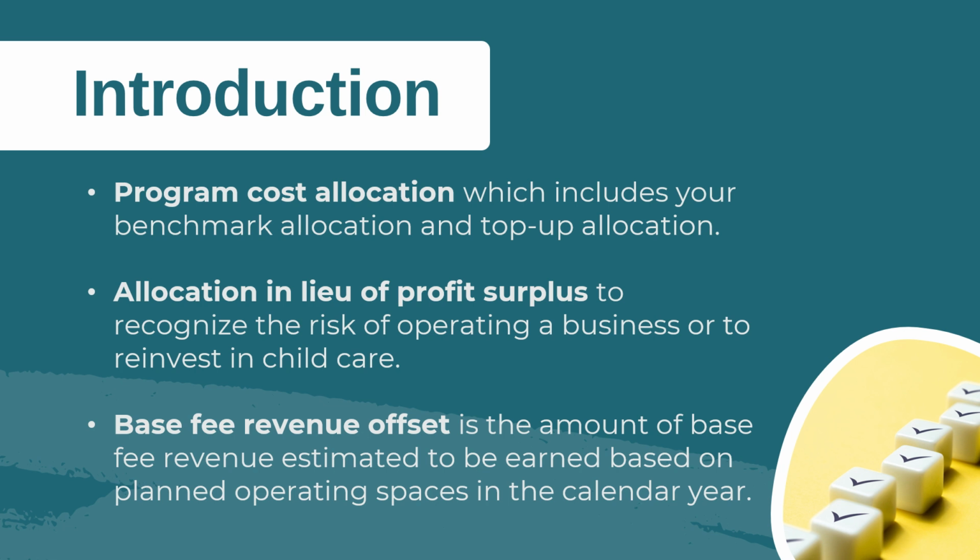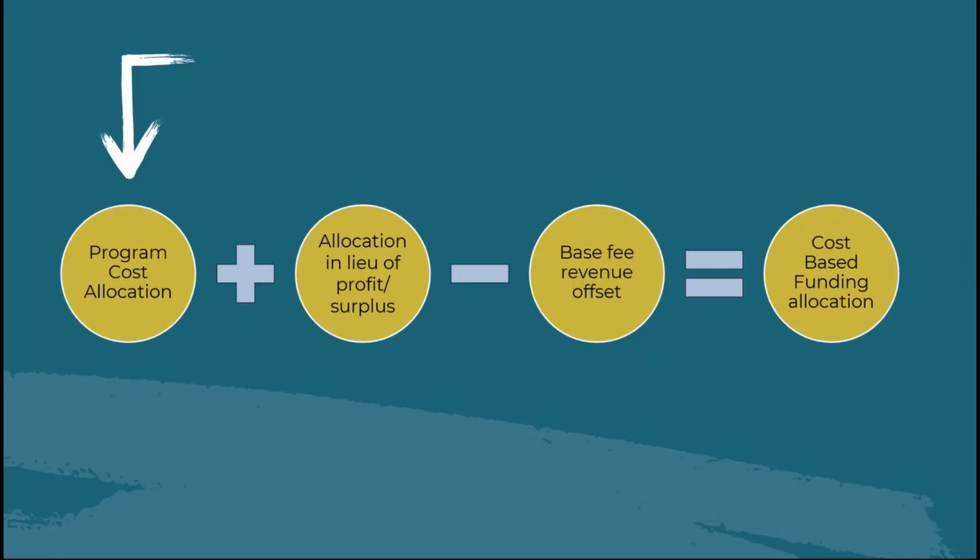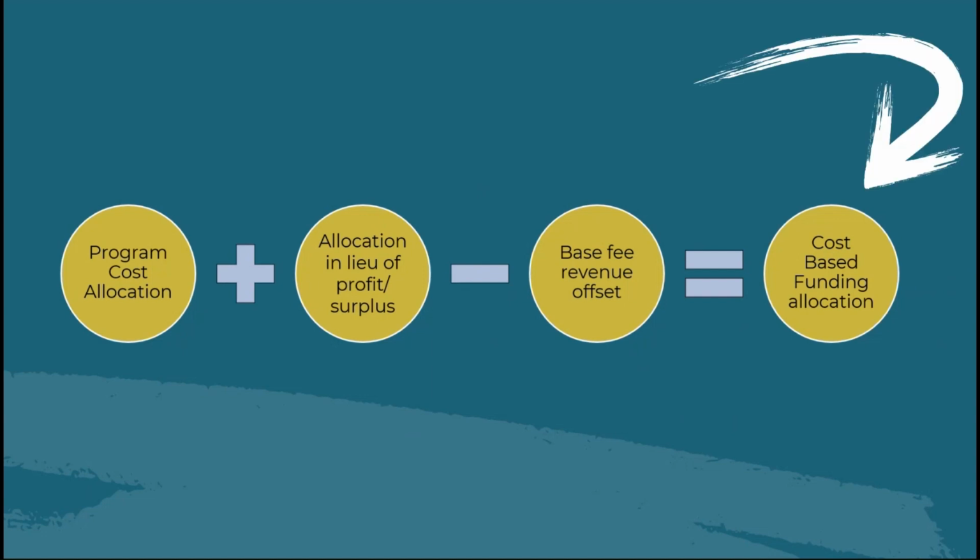Ontario. The three components used to determine cost-based funding allocations are program cost allocation, which includes your benchmark allocation and top-up allocation; allocation in lieu of profit surplus, to recognize the risk of operating a business or to reinvest in childcare; and base fee revenue offset, which is the amount of base fee revenue estimated to be earned based on planned operating spaces in the calendar year. Program cost allocation plus allocation in lieu of profit surplus minus base fee revenue offset determines the total cost-based funding